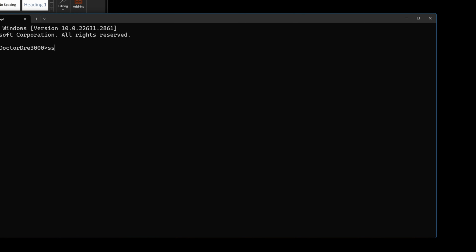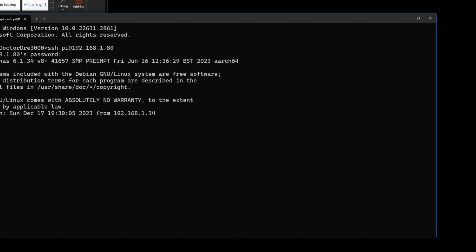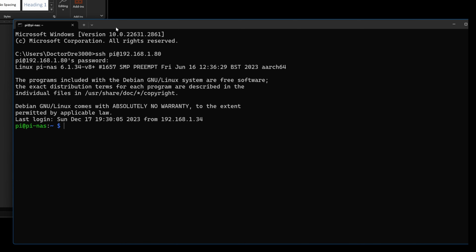So SSH space pi at the IP address where you're connecting to, and pi is the username that ideally has root access or administrative privileges. So for best results, you hit enter. It's going to ask for the password. Go ahead and type that in. All right, excellent. So my hard drive is already connected to my system, but I'm going to find out